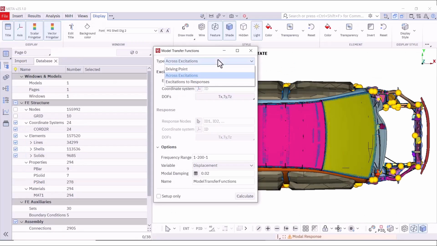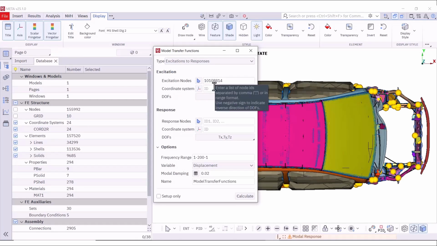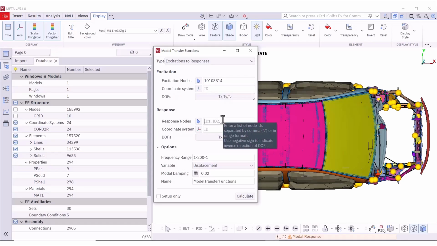Select excitations to responses type and the tool will calculate the transfer functions from the selected degrees of freedom of the excitation nodes towards each selected degree of freedom of the response nodes. Select a response node, a coordinate system if available, and the respective degrees of freedom.